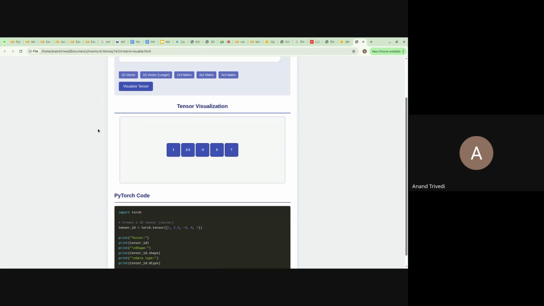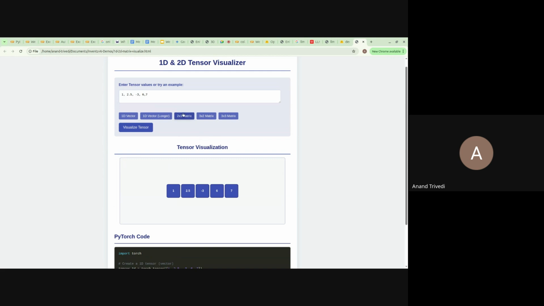And what is a 2D tensor? A 2D tensor simply has rows and columns like Excel, 3 by 2, 3 by 3. 1D, 2D: this is what we saw when we were flattening our images.